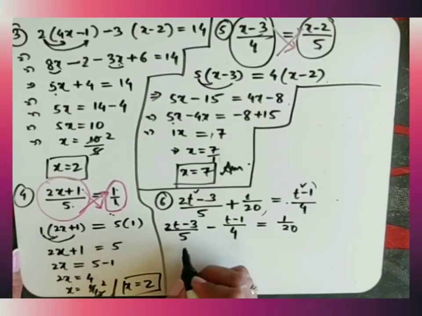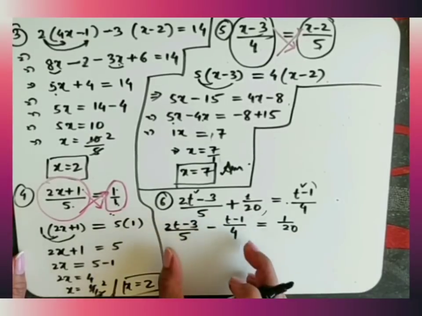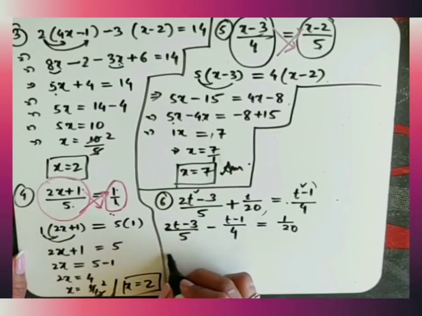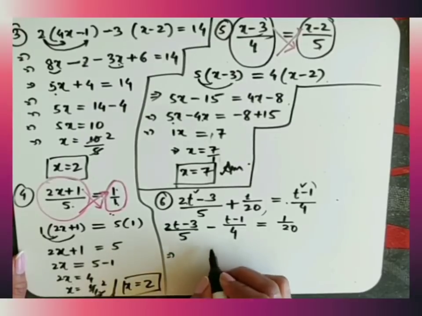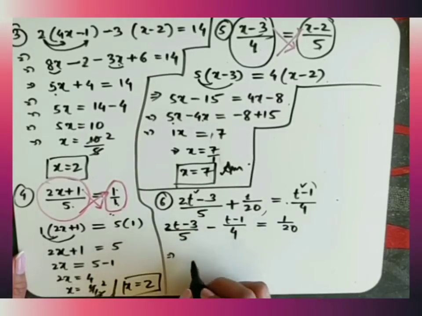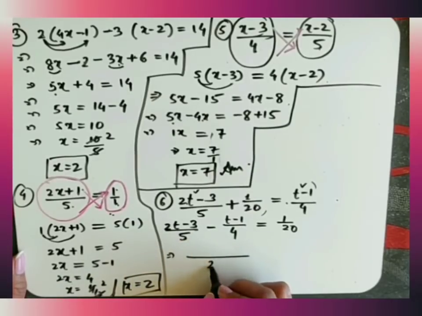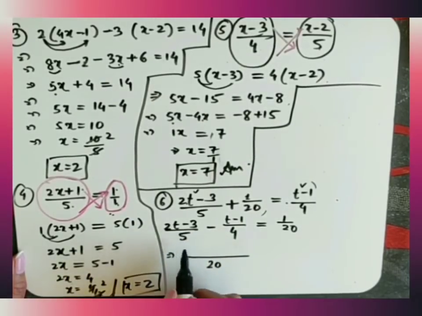Okay. Now these are the t terms, but it is fraction and fraction; we don't have one fraction. So make it one fraction by adding these fractions. So we have to find the lowest common denominator. The first fraction has denominator 5 and the second fraction has denominator 4. So the lowest common denominator here is 20. Now come to the first fraction. You have 5 as the denominator, but here it is 20. So what number do you multiply by 5 to give 20? That will be 4.